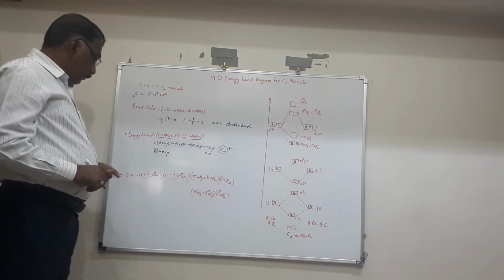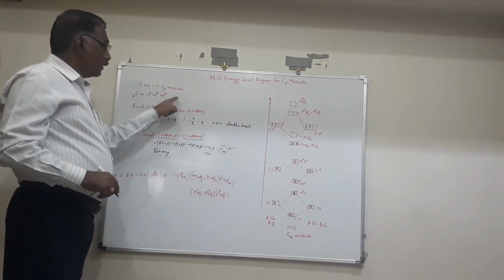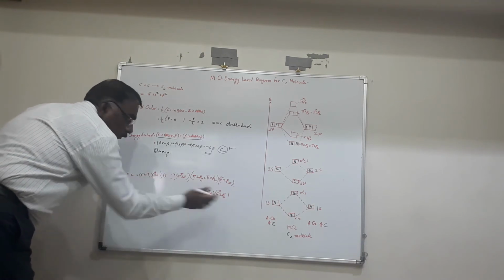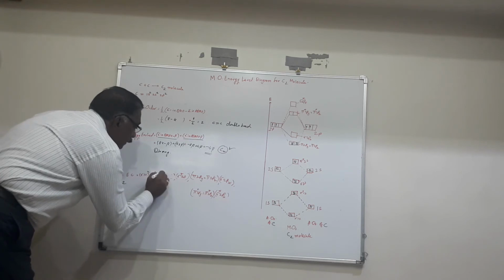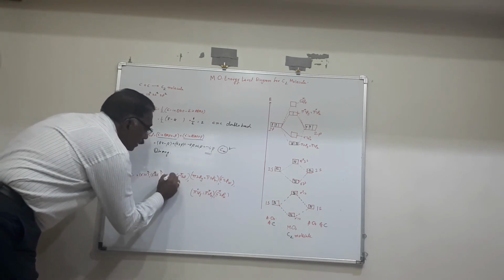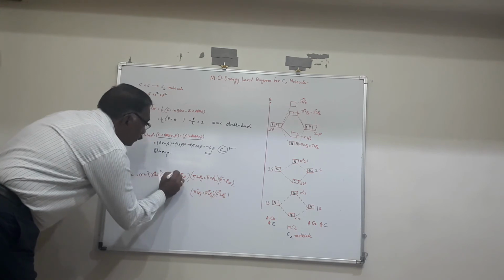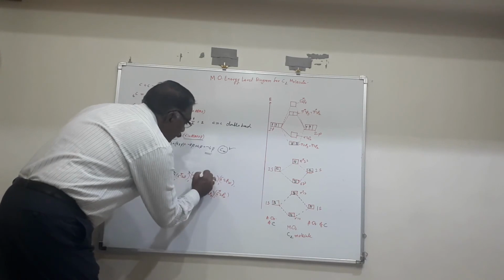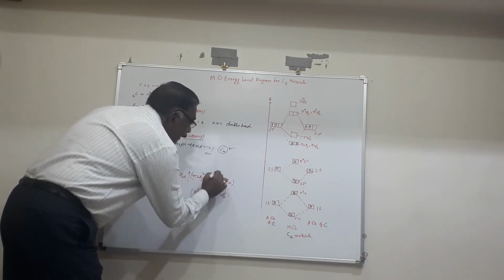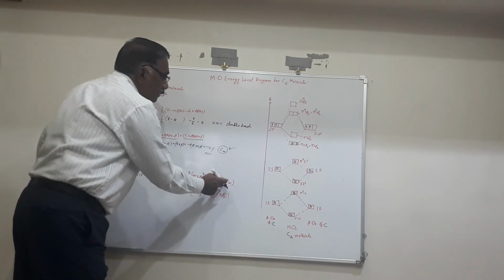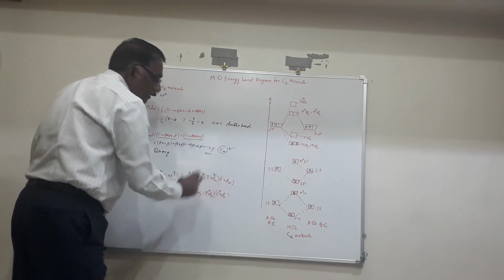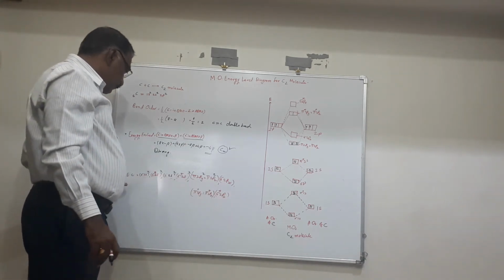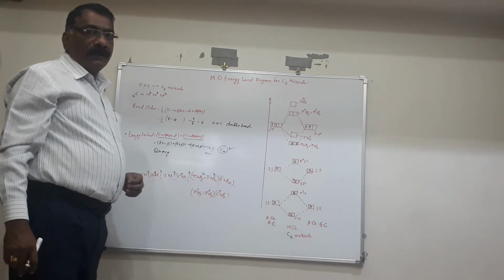And now the electron configuration. As an atom has an electron configuration, the molecule also has an electron configuration. So C2 has the electron configuration: sigma 1s2, sigma star 1s2, sigma 2s2, sigma star 2s2, and now pi 2py2 and pi 2pz2. The sigma 2px is vacant, pi star 2py, equivalent energy pi star 2pz, is also vacant, and sigma star 2px is also vacant. So this is the molecular orbital electron configuration.